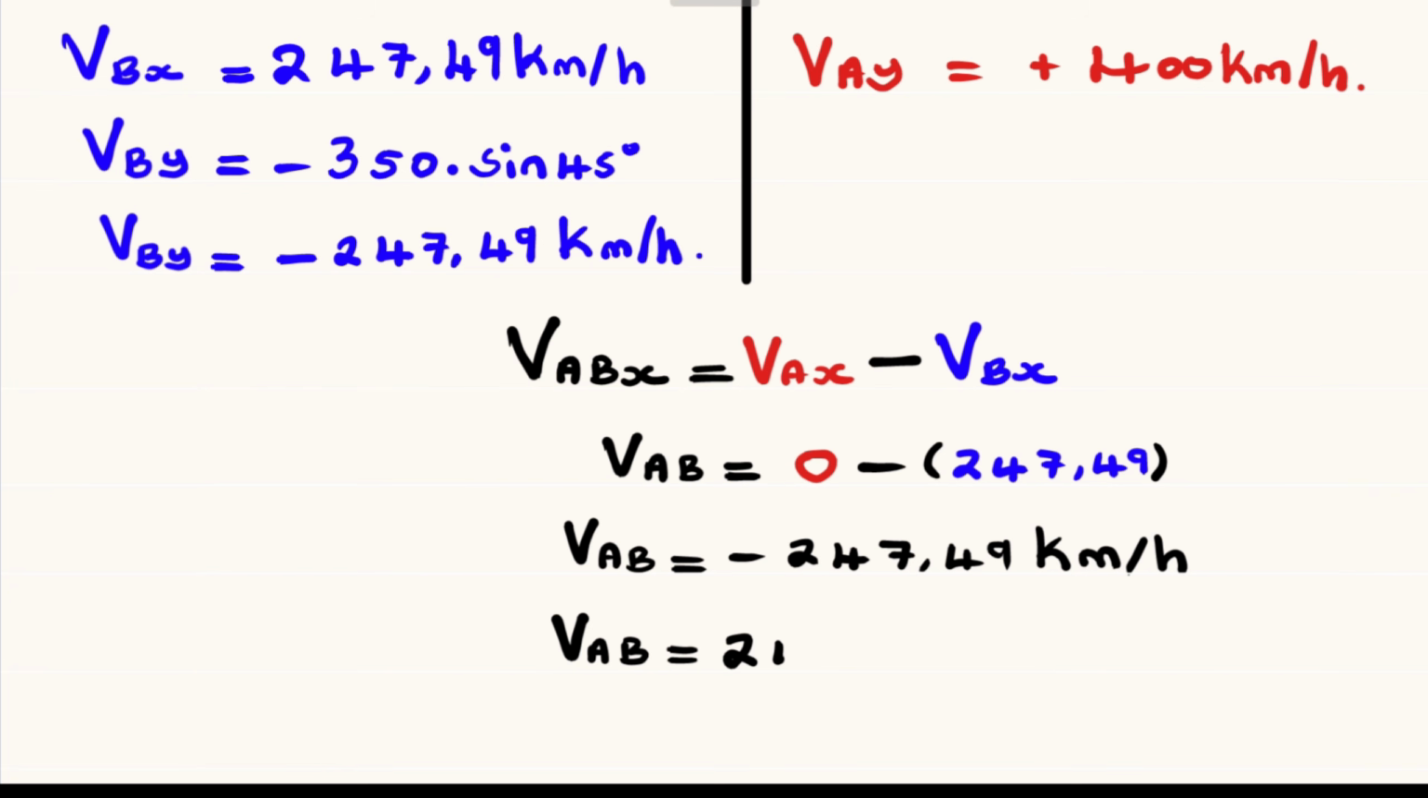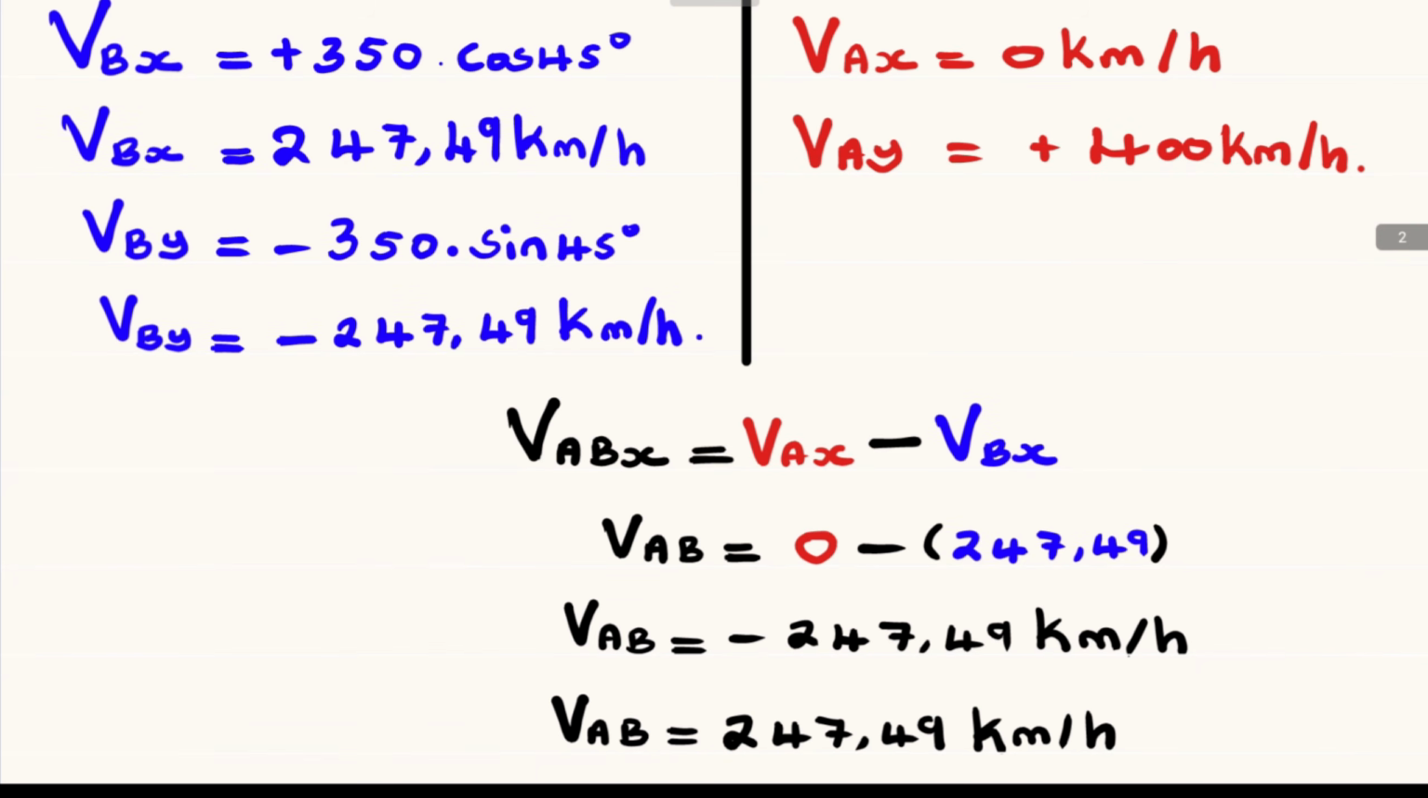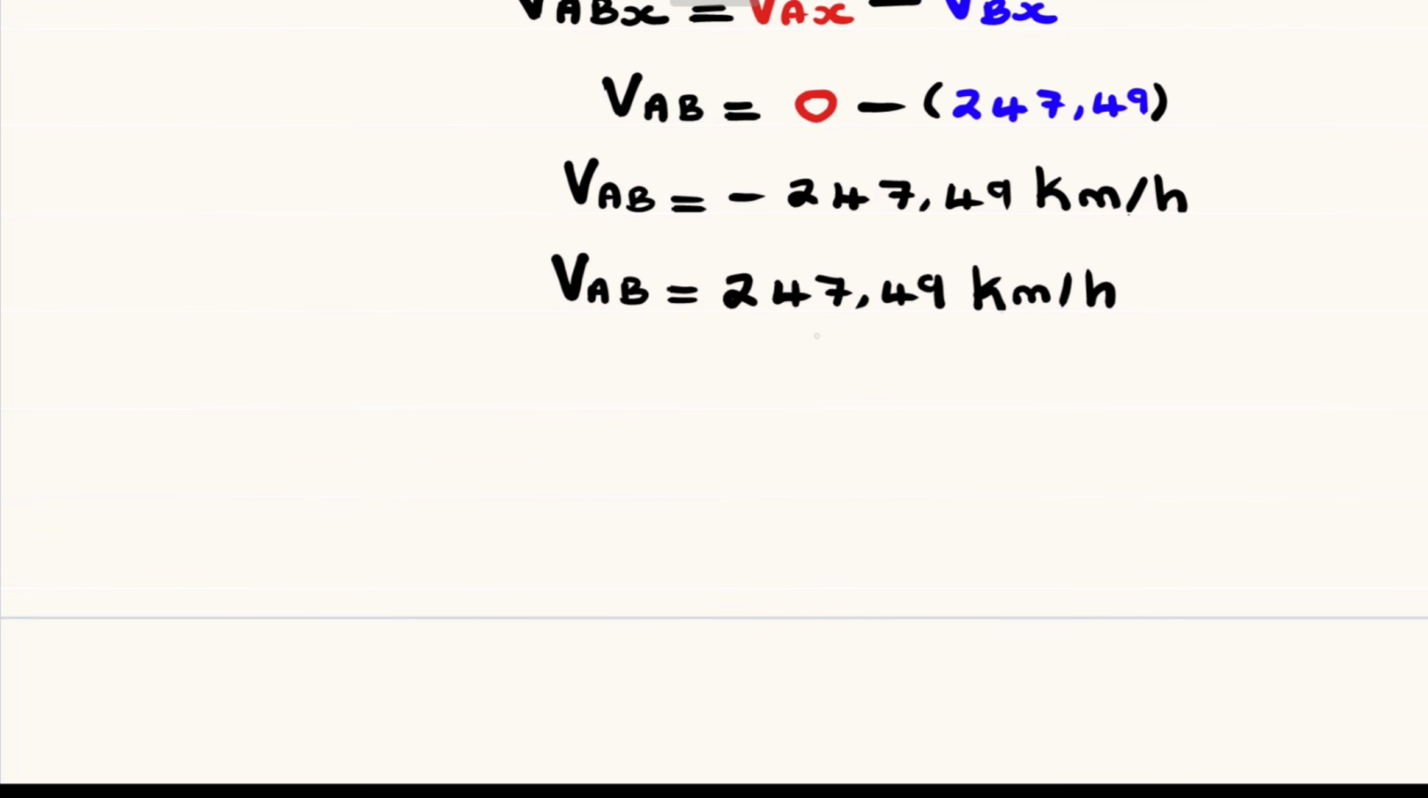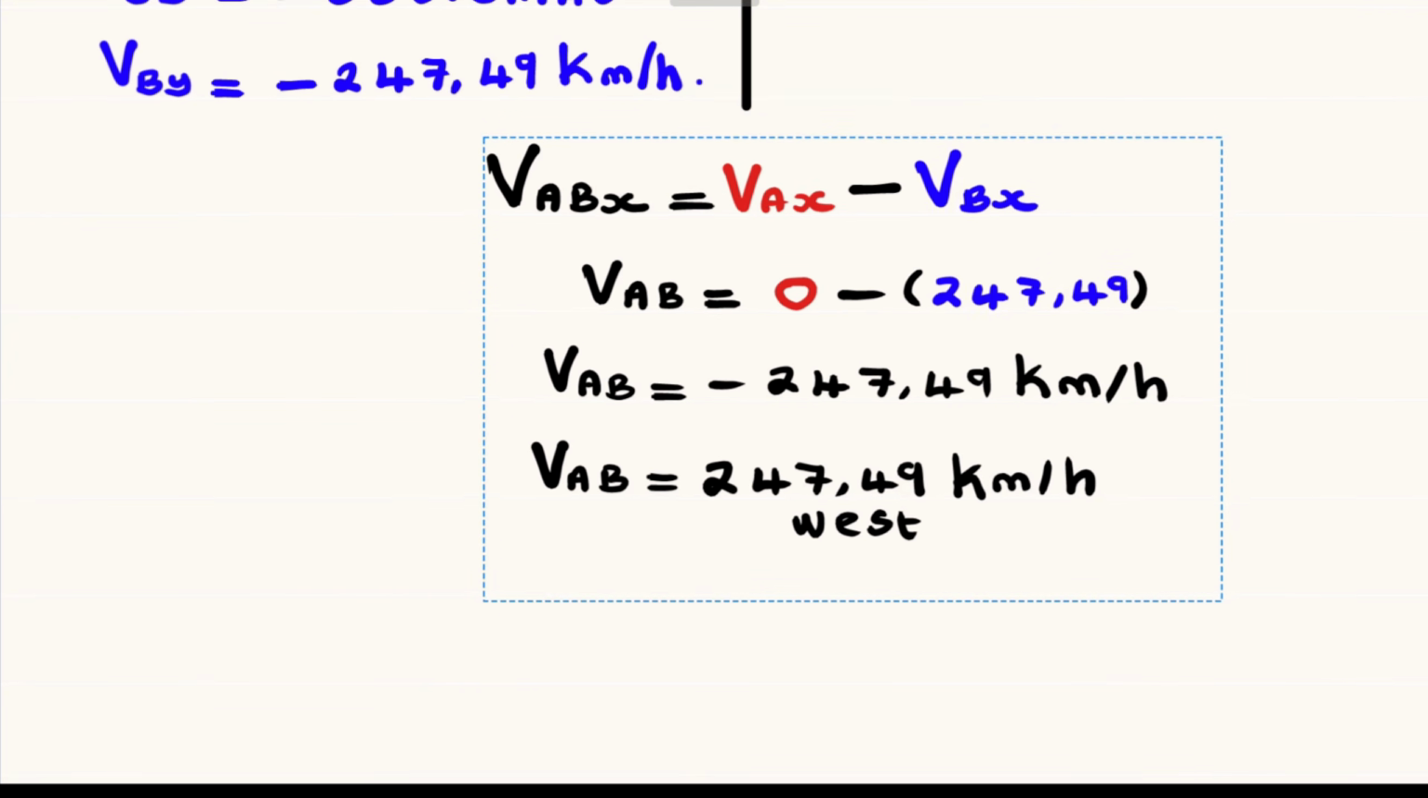Or we can say the velocity of A relative to B on the horizontal component is equal to 247.49 kilometers per hour, and that negative will indicate that we are going in the west direction. So we remove that negative and we write west. Now